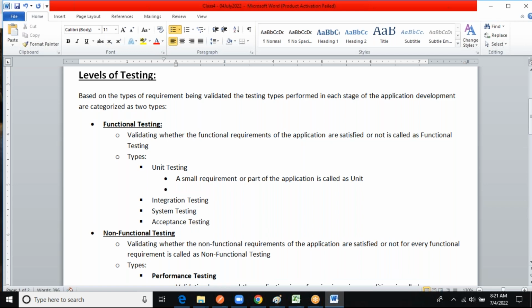If you are validating the functionalities of that small unit, that is called unit testing. But one thing we need to remember when we talk about unit testing: though it is a small requirement you are validating, and though the textbook definition calls that unit testing, in real time